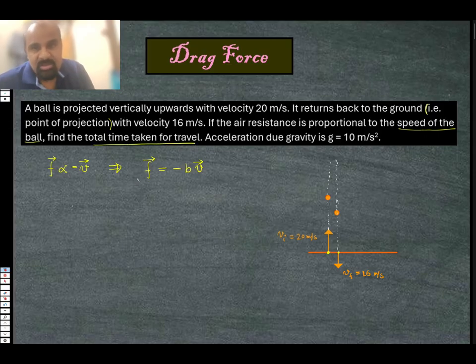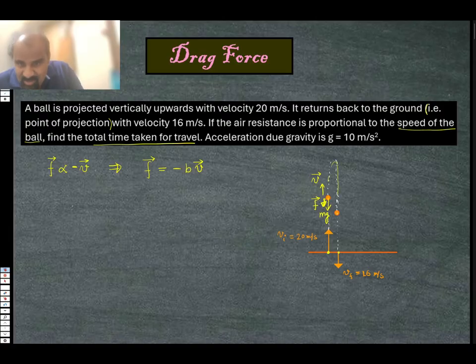Now for this question, you may feel that it requires some integration, because there is going to be some force. For example, look at this snapshot. Let's say this ball is going up and up, and at a certain time over here you have taken a photo snapshot. So right now velocity will be in the upward direction. This is the instantaneous velocity. And what are the forces? Well, of course, mg is going to be one of the forces, and in addition to this mg, there is going to be air resistance force, which will be opposite to the instantaneous velocity. So when it is going up, the air resistance force is going to be downward, which is opposite to the